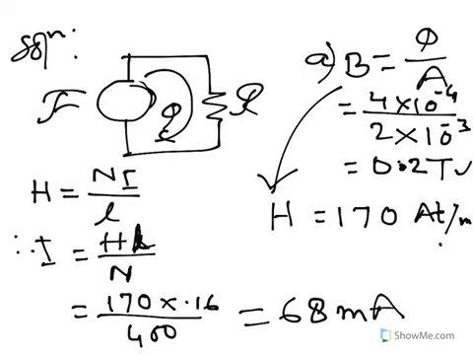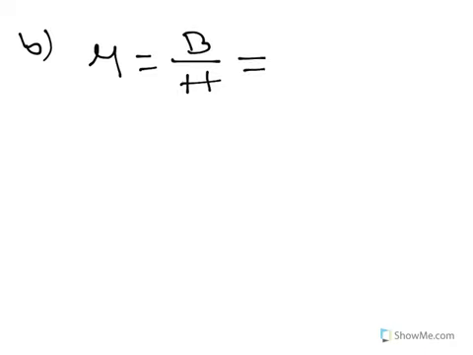The current actually needs to flow at 68 milliampere in order to get the flux density or flux lines 4 into 10 to the minus 4. The second part is the determination of mu. We have the equation that mu equal to B by H. So from the B and the H, we can find the value. B is 0.2 Tesla and H is 170. We are getting the value as